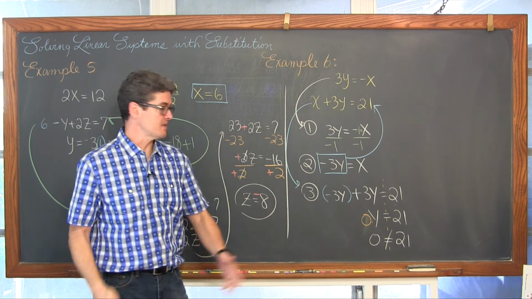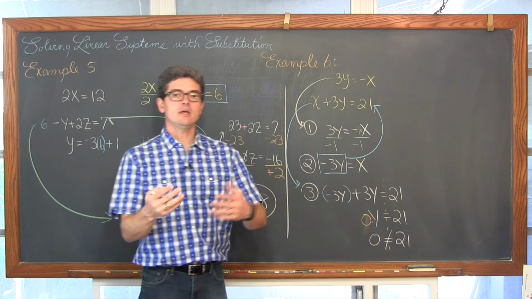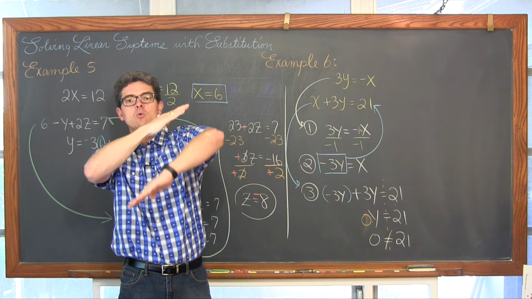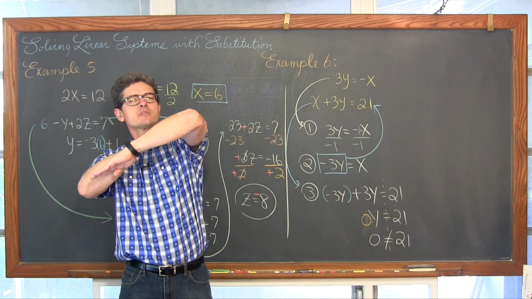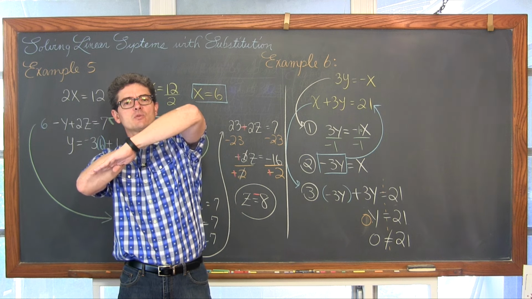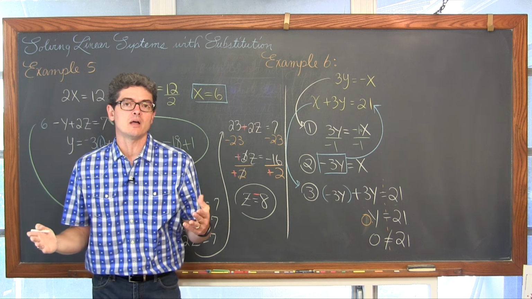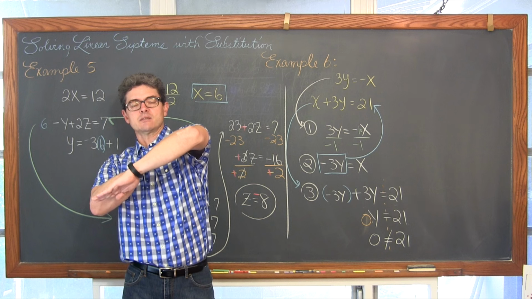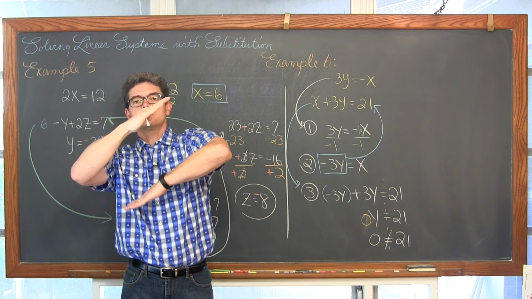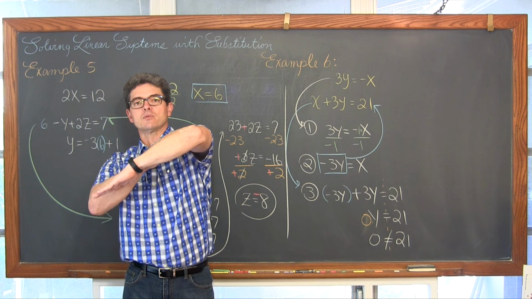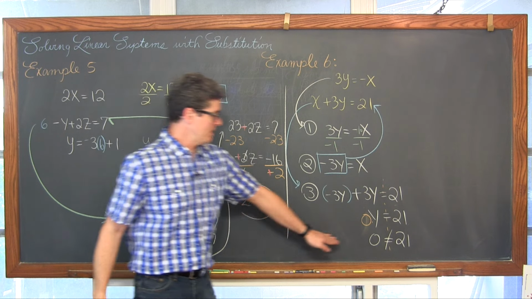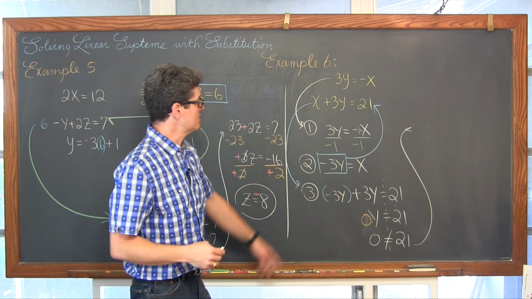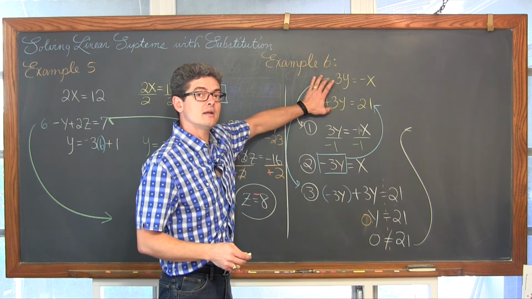Algebraically, parallel lines that don't intersect make what's called an inconsistent system. Or it looks like you're given two equations, but they actually end up graphing right on top of each other, they're the same line. That's called a dependent system, where the two lines are the same. It's no solution, or it's an infinite number of solutions. If you get a false statement, the reason that's happening is because you're trying to find the solution between two lines which are parallel.